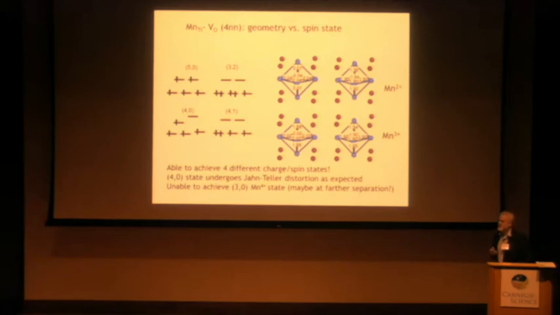Things are more interesting when we looked at the farthest separation between the oxygen vacancy and manganese substitution, because through trial and error and different initial conditions, we were able to actually get 4 different stable spin states. So counting the up and down electrons, you can see them here. The 4-0 case is an example of Jahn-Teller distortion. So that's why I show the splitting of the levels and how it lowers the energy by having this electron lower than the 3 under 2 splitting for pure octahedral coordination. And so, yeah, it also gives a characteristic Jahn-Teller distortion.